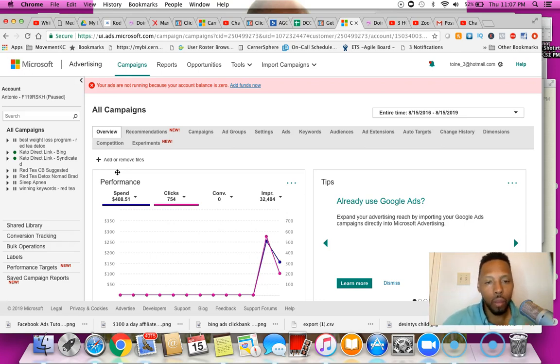So within Bing ads, after I go into Bing ads and explain what's going on, I'm also going to show you what's going on with ClickMagick, because remember, ClickMagick is what allows us to track all of our leads and sales and keywords that people are clicking on. I'm going to show you that here in a little bit, but I spent a little bit of money.